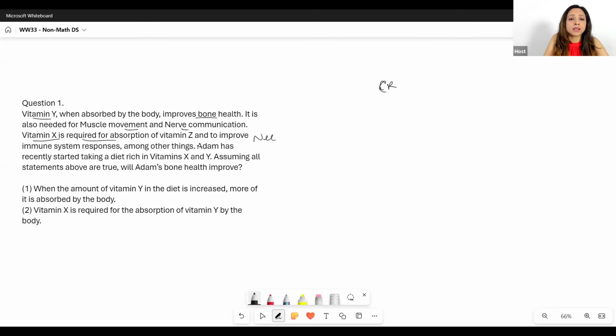Okay. Now, Adam has recently started taking a diet rich in both vitamins X and Y. So he's taking both these vitamins. Assuming all statements above are true, will Adam's bone health improve? Okay. So now,